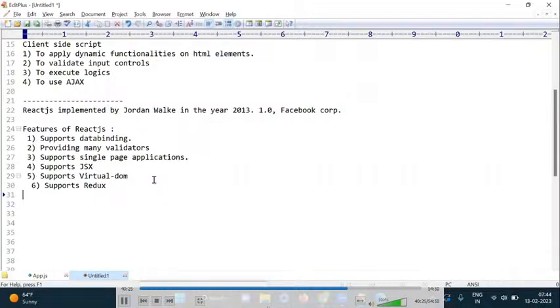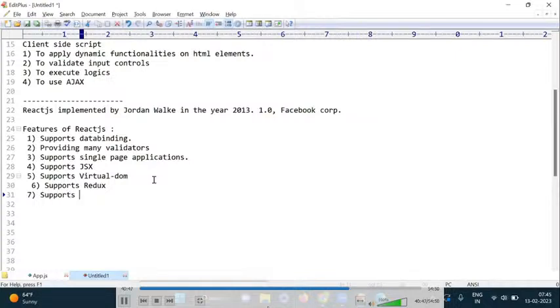Okay, Redux is providing more enhanced features than cookies, sessions and other objects. So we are also discussing local storage, session storage, and along with that, we are also discussing the Redux concept. I will explain what Redux is and what the benefit of Redux is. Okay. Next one here,